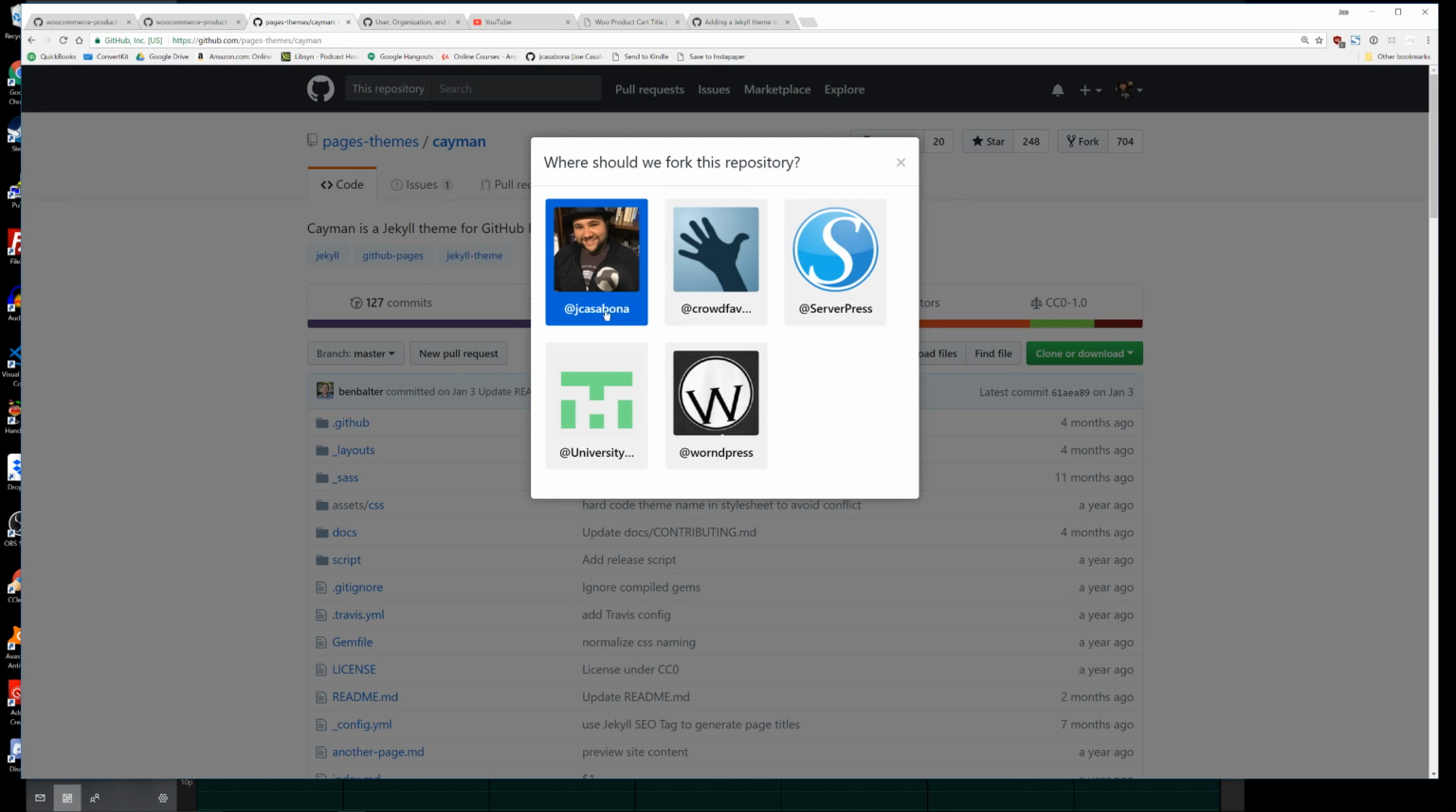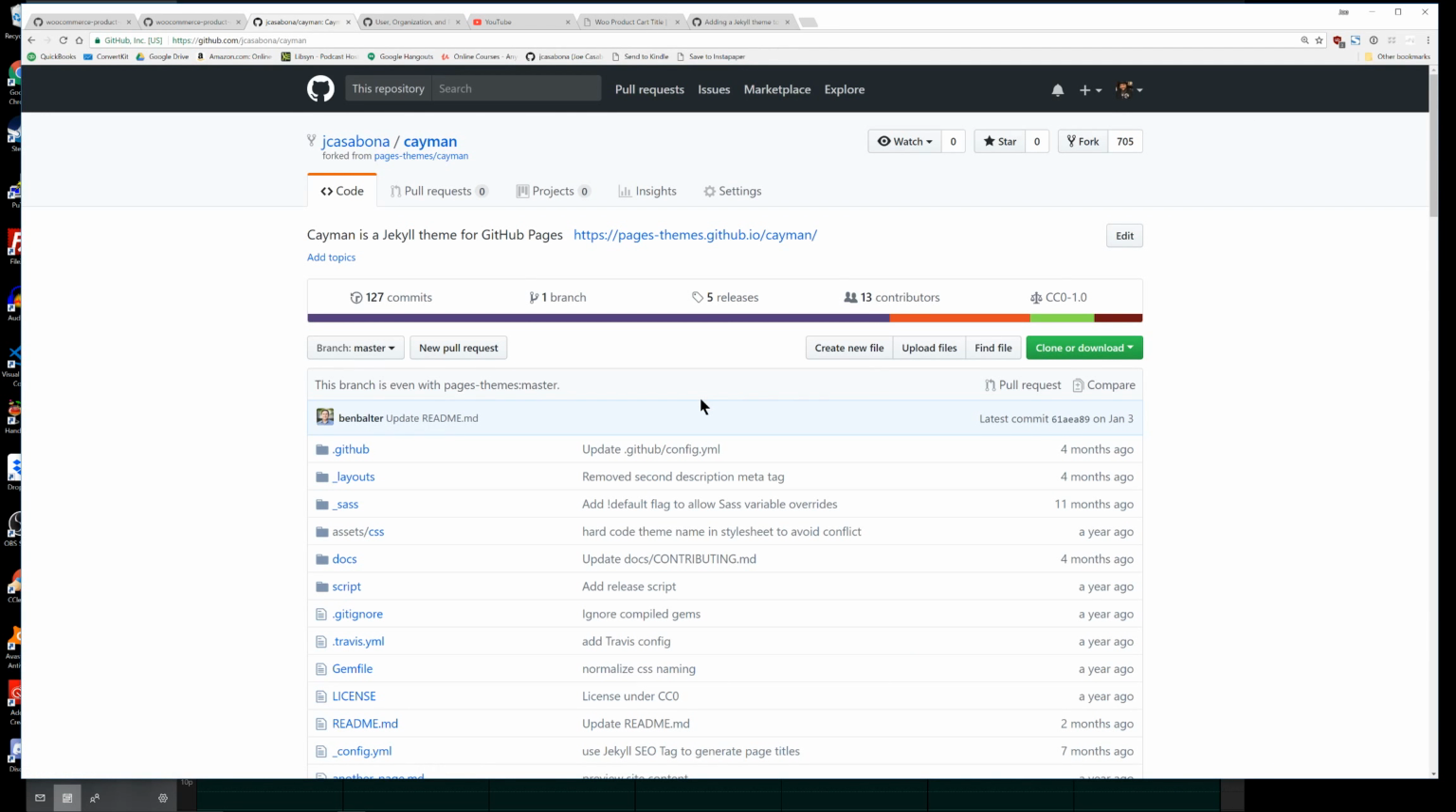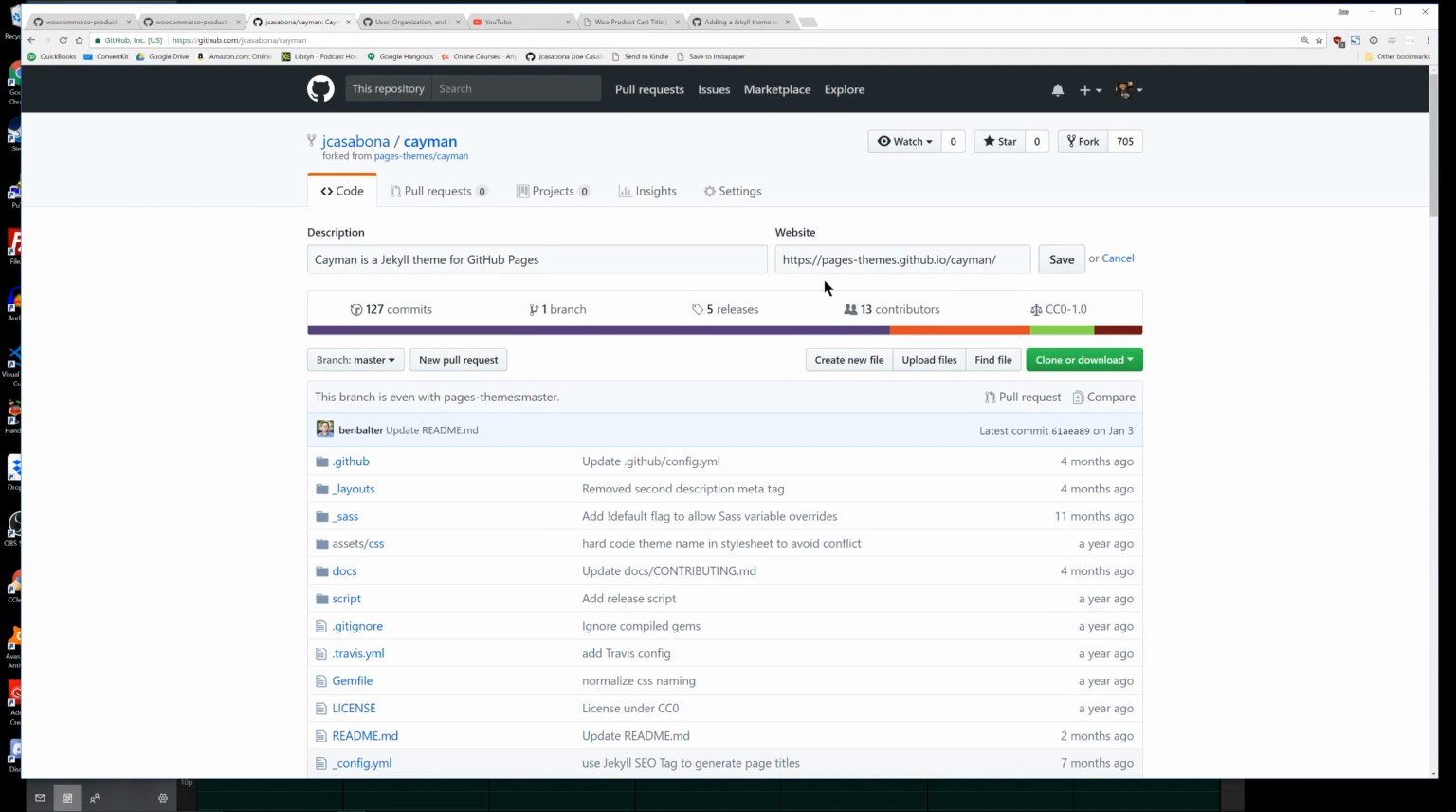Okay, so fork this to my personal repository. All right, cool. So now this is called jcasabona-cayman. I'm going to maybe rename this if possible. Rename this branch. Cayman. Let's call it